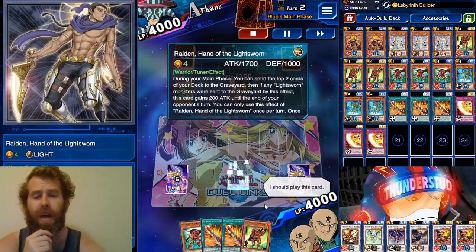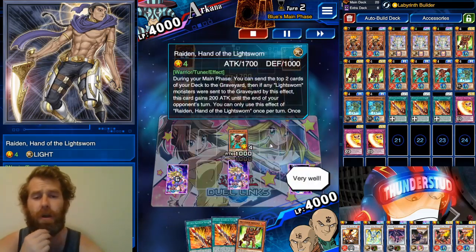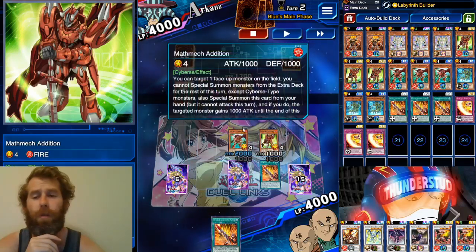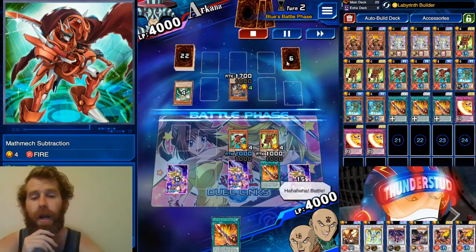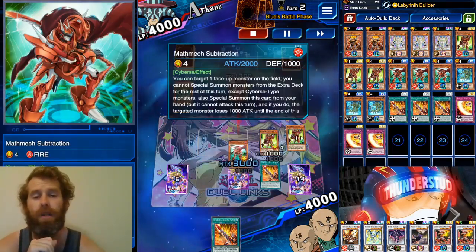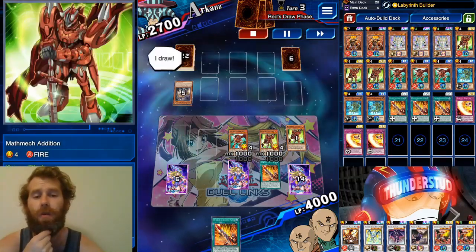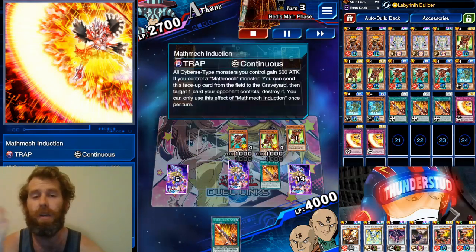Our opponent just had a Raiden play. Milled a few Light Swarm, but nothing really significant. So here, guys, we normal summon subtraction. We use addition, throw on 2 subtraction. We use our Billion Blade, also on 2 subtraction, so we get a throwaway addition. He's already up to 3k with just our 2 little monsters, and we have this MATHMECHS induction to really control